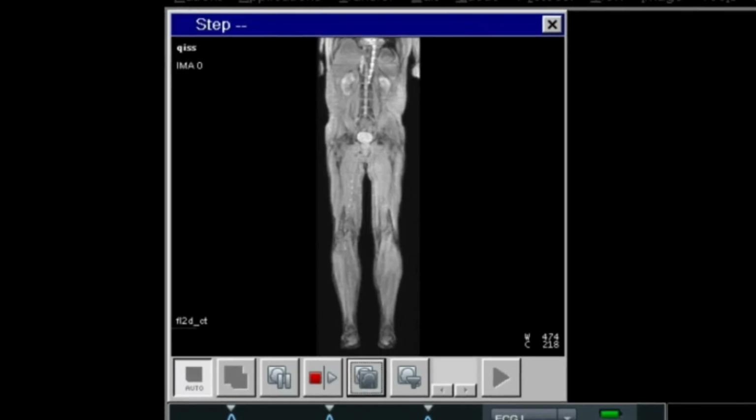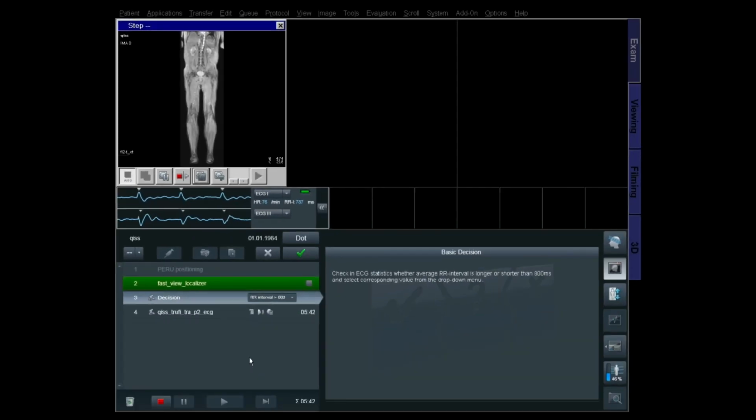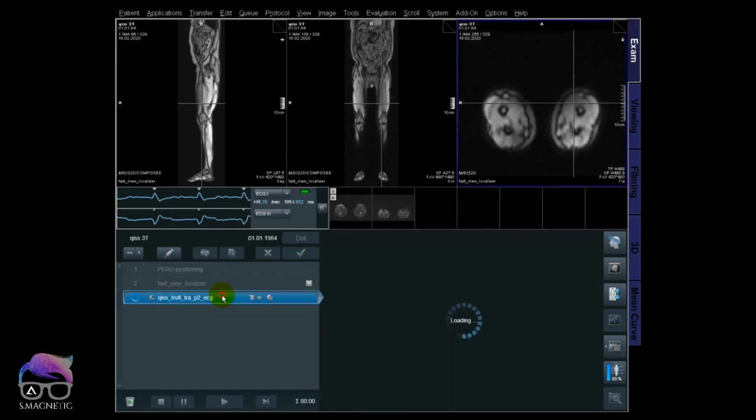Whenever you are happy with the area of interest, you can actually just stop the localizer, and then you will get the localizer. You don't have to scan the full range of it. You can decide this. So now I have the overview of the sagittal plane, coronal plane, and axial plane to